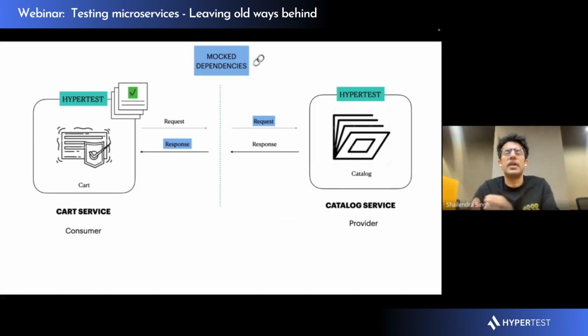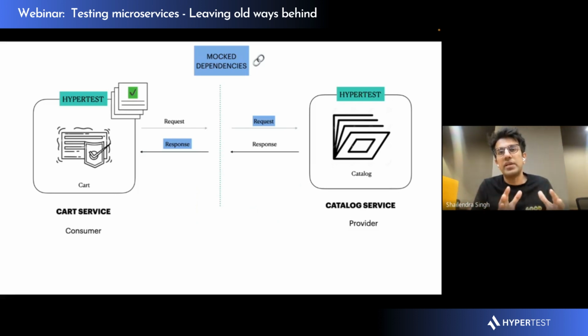One way of doing this is with HyperTest. HyperTest is a no-code automation tool that integrates with all the services, all the different units at the same time, and uses traffic to automatically generate unit tests. We'll probably have another webinar to explain how that works, but generally, in a few sentences,